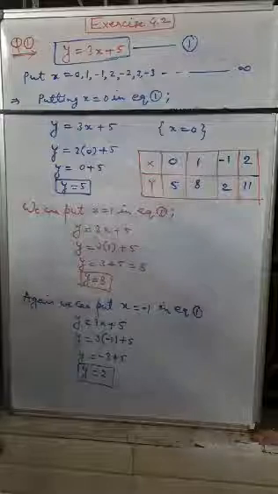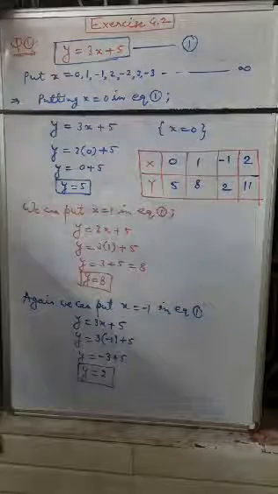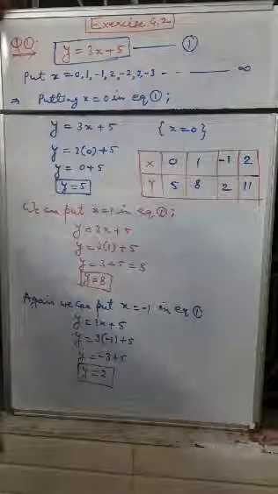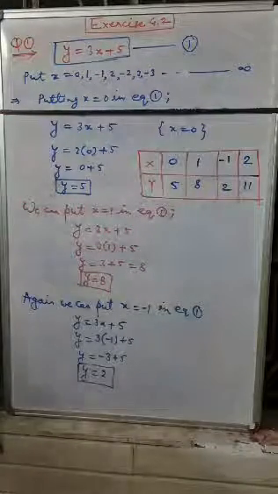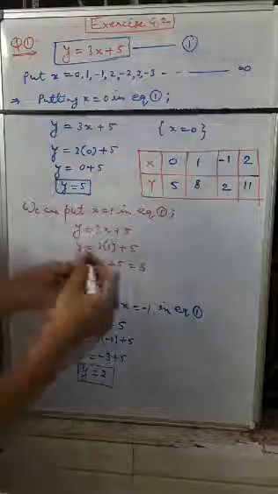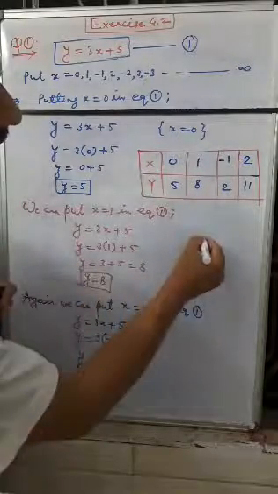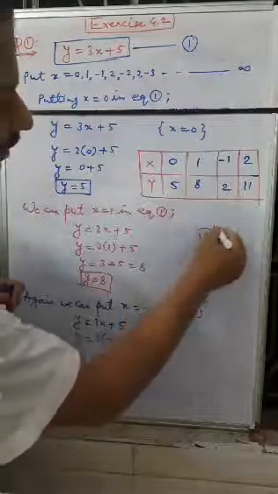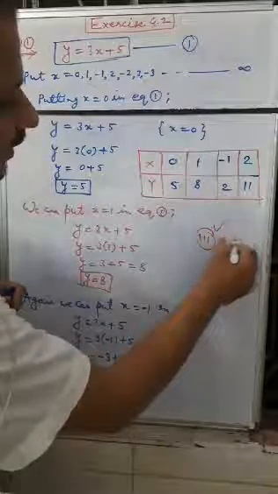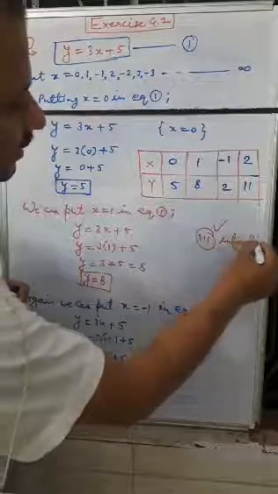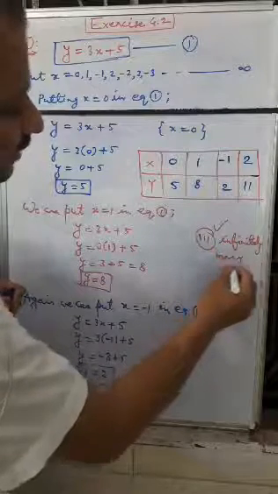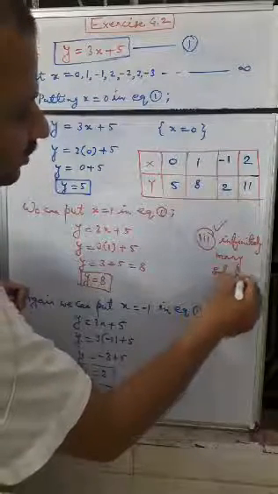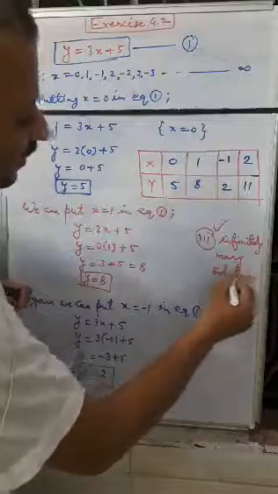That means the equation has infinitely many solutions. So option C, option 3 is correct. In this question, option number 3 is correct. Infinitely many solutions. The answer of this question is infinitely many solutions. Okay. Now